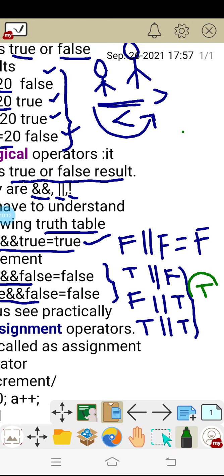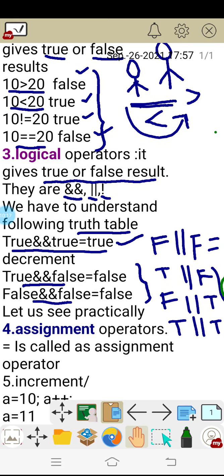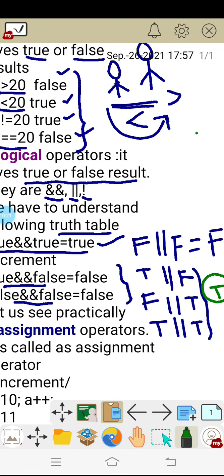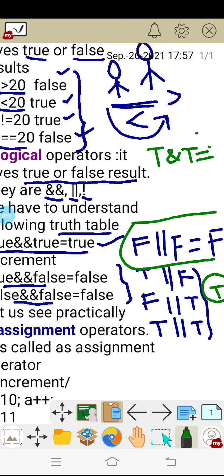So you need to remember, for the AND, when both are true, the result is true. For the OR, whenever both are false, the result is false. T and T is T. You need to remember this for the logical AND operator. The remaining is false.